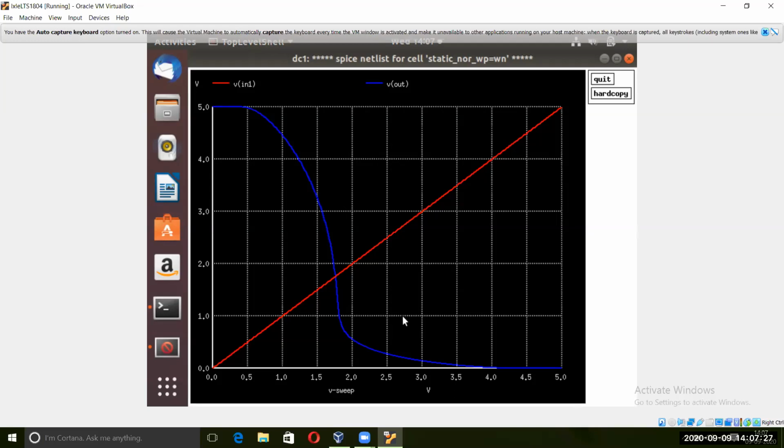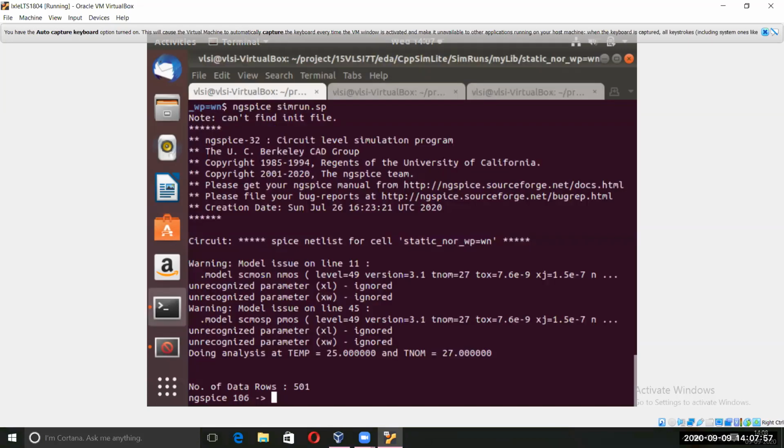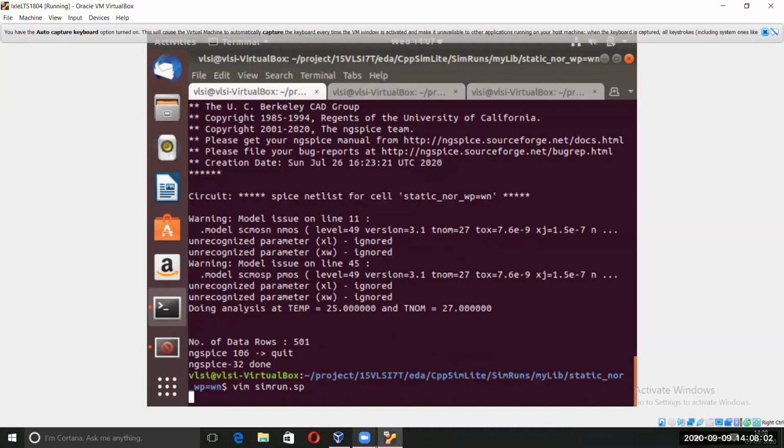If you see the notes which sir had provided, in the NOR part, static, first you will see the curves are in this order. First one is A equals B, then it will be sweeping B and keeping A constant, then this one. In that order it will be there, and in that order the output is also coming here. That's what I've just shown here. And you can similarly do it for WP equals 2WN of the inverter. Just comment and uncomment and do the same.